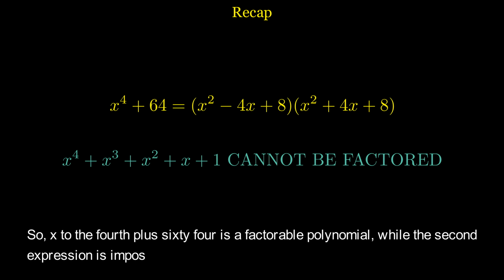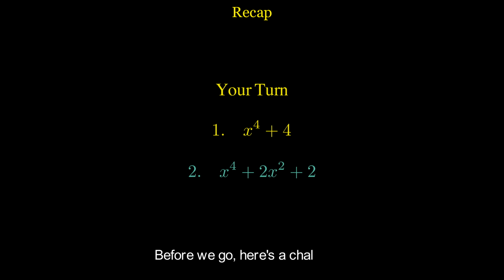So, x to the fourth plus 64 is a factorable polynomial, while the second expression is impossible to factorize. Before we go, here's a challenge. Can you determine which of these two can be